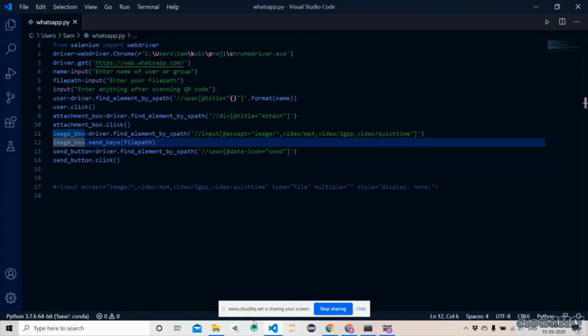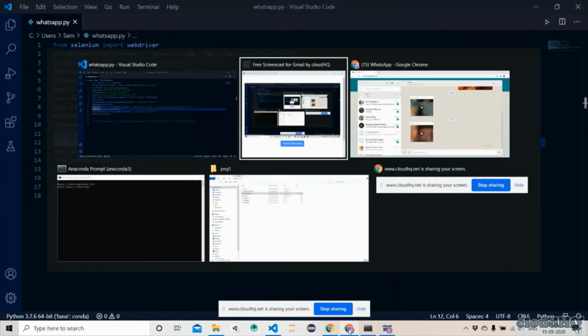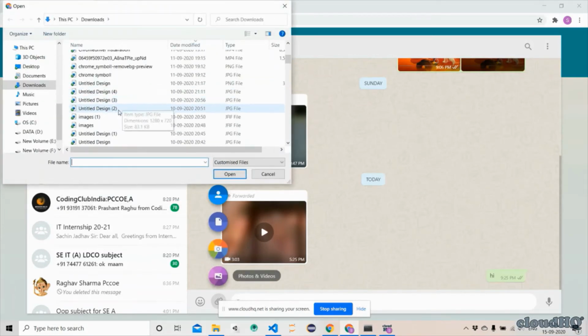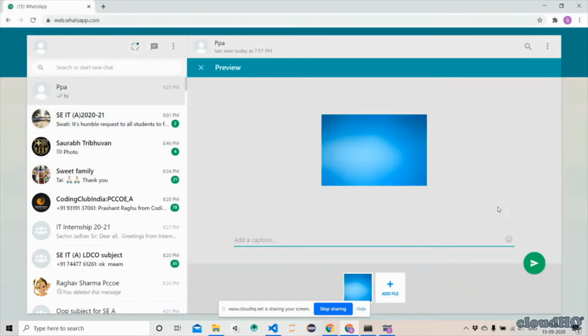One more important thing that we missed here is that suppose we are now in WhatsApp Web and we have selected the user, and now WebDriver would click this attach button and send the keys of the image that we want to upload. Now this is taking some time to load the send button, so without loading the send button it could directly click this button.